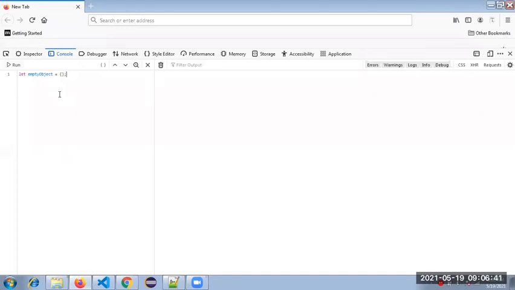This is an object declaration. This is an object. Is this a declaration or initialization?